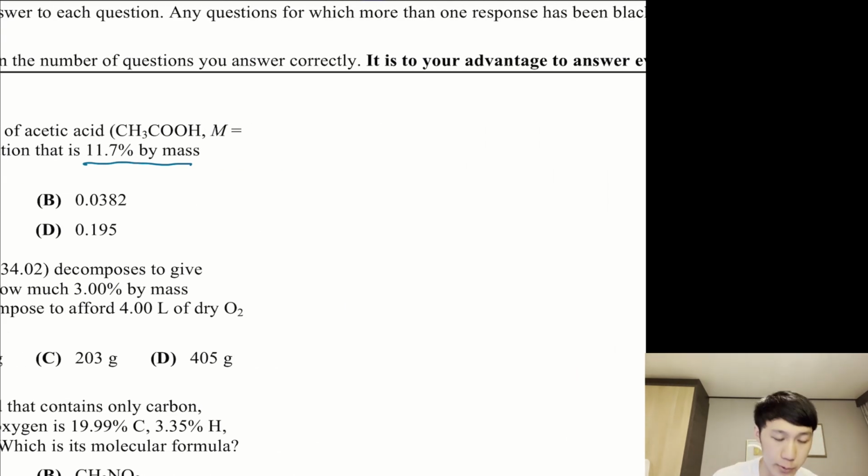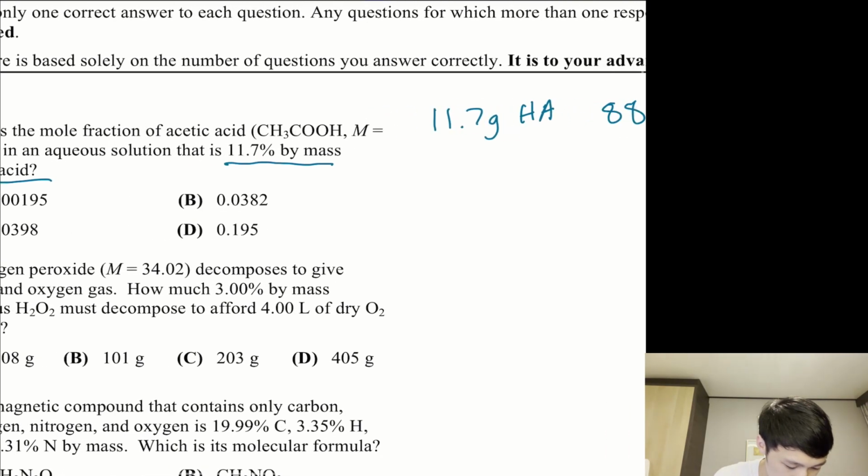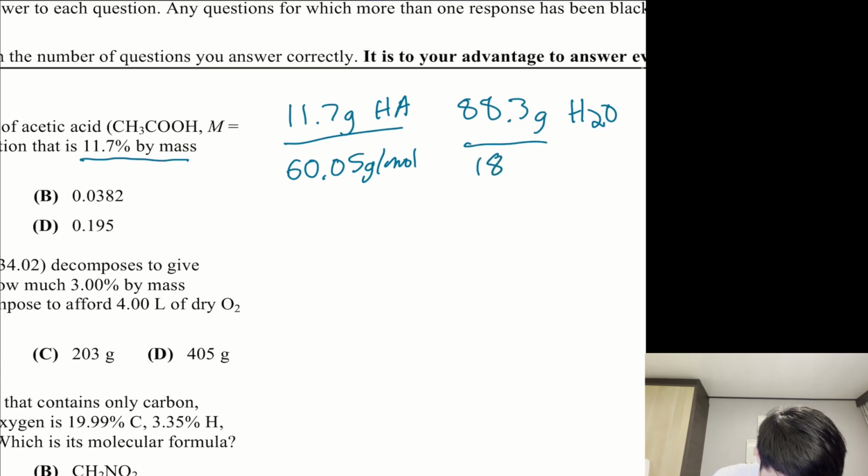In a 100 gram sample, we will have 11.7 grams of acetic acid. And using subtraction, we can figure out that we will have 88.3 grams of water. We can find the amount of moles of acetic acid in water using the molar masses. So let's just do that. So this would be 60.05 grams per mole. And this would be 18.02 grams per mole. And then I've already run these calculations before, so I don't need to plug in the calculator again. But this gives you 0.195 moles of acetic acid